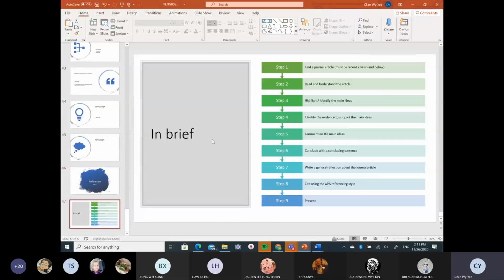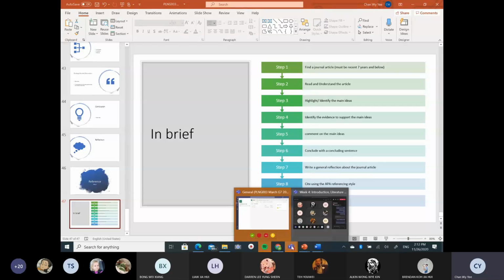Okay, so in brief, what you need to do is find a journal article first. Read and understand the article, extract and identify the main ideas, have evidence to support all the main ideas, comment and analyze the main ideas, conclude with a concluding sentence, write a general reflection about the journal article, cite using the APA referencing style, and then you present. Okay, so this is